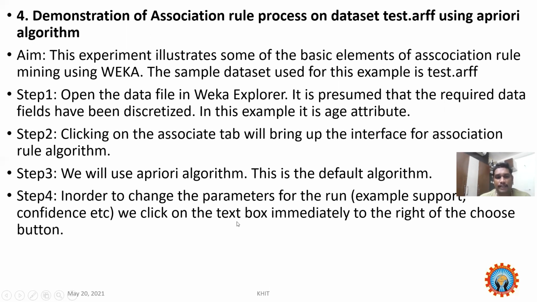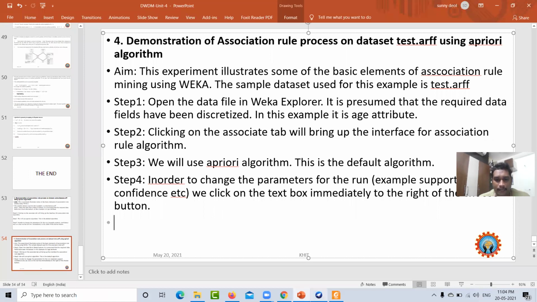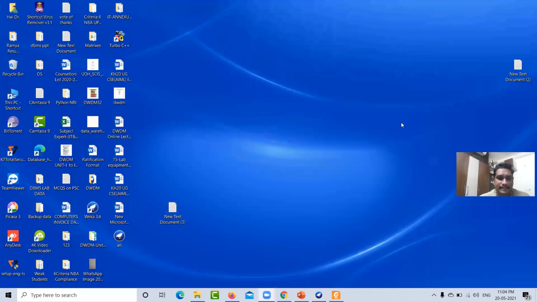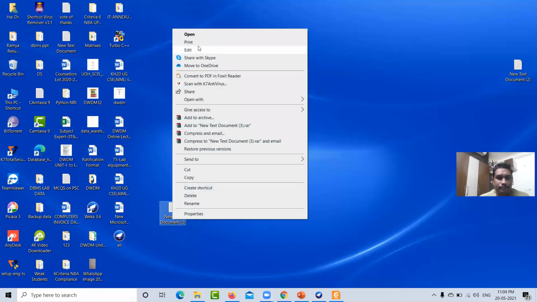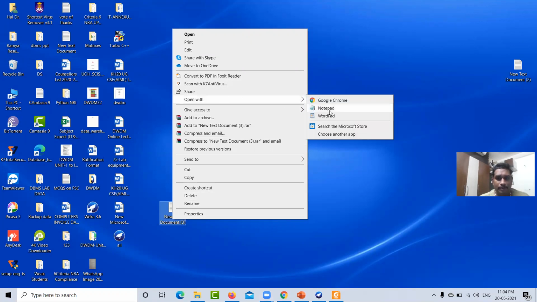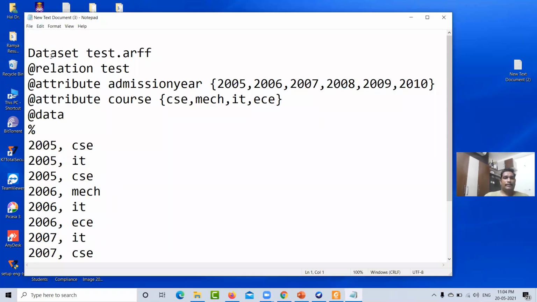We click on the text box immediately to the right of the Choose button. This is the test data. If you open it with Notepad, our data set is in the attribute relation file format.